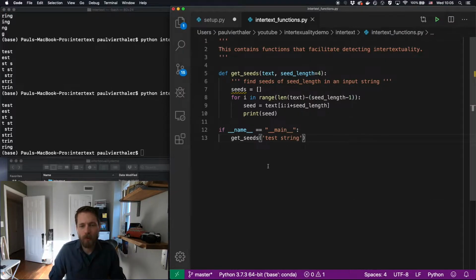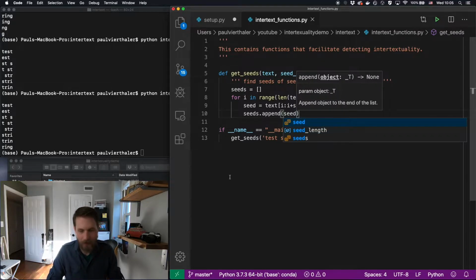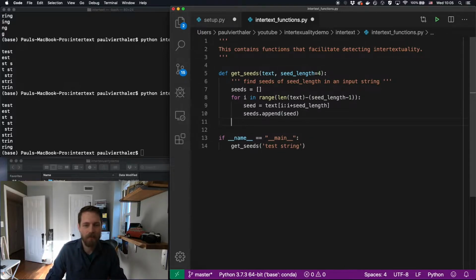Okay? So instead of printing these seeds, because I don't actually need to do this, I'm just going to append these to this seeds list. So I'll append the seed. Now, I'm not keeping track of where these seeds appear in this input text because actually the index of this list functions as an index for the text as a whole. We're going to approach this a little bit differently here soon, but for the moment, this is how we're going to do it. So now what I can do is I can return seeds, and we have our functioning getSeeds